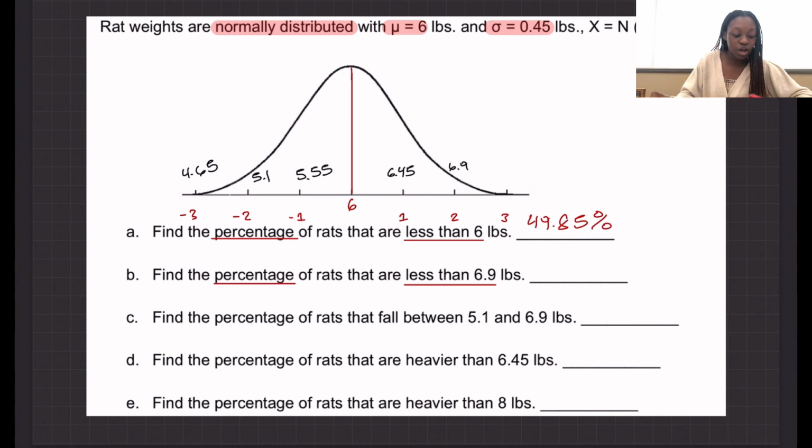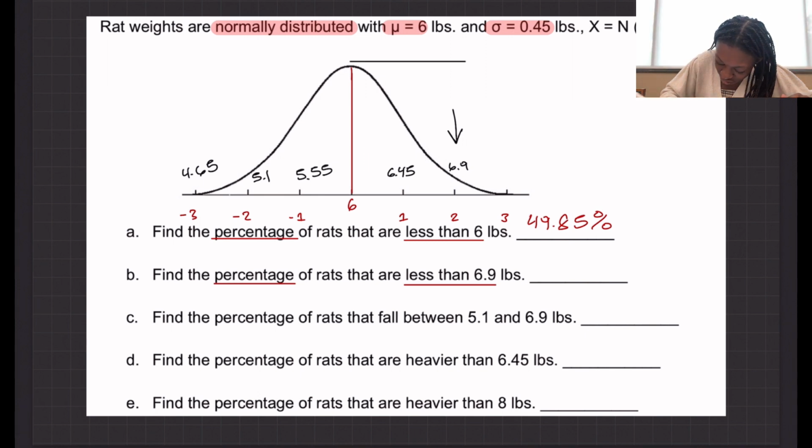6.9. So, we found 6.9. It's right here in the second deviation. That means we're looking for numbers that include the first and second deviation, as well as -1, -2, and -3. So, to get from here to here, you are doing half of